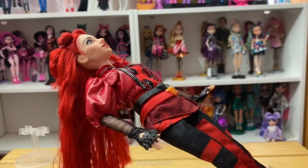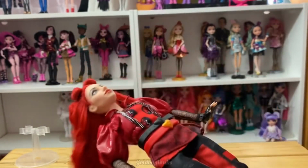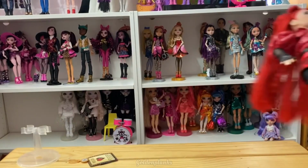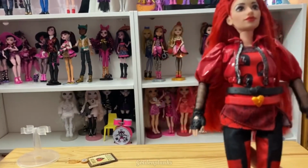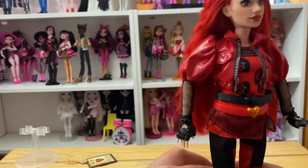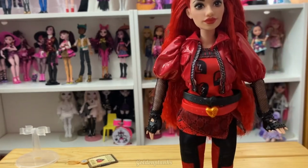They open the door for like 10 seconds and Uma is out causing a mess, right? And that was Uma's own plan, even though it was for the good of the Isle. And then they open the freaking